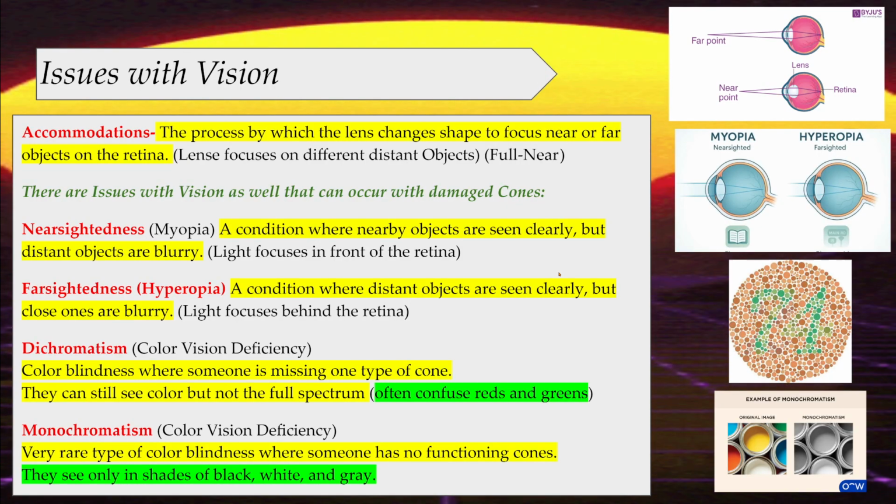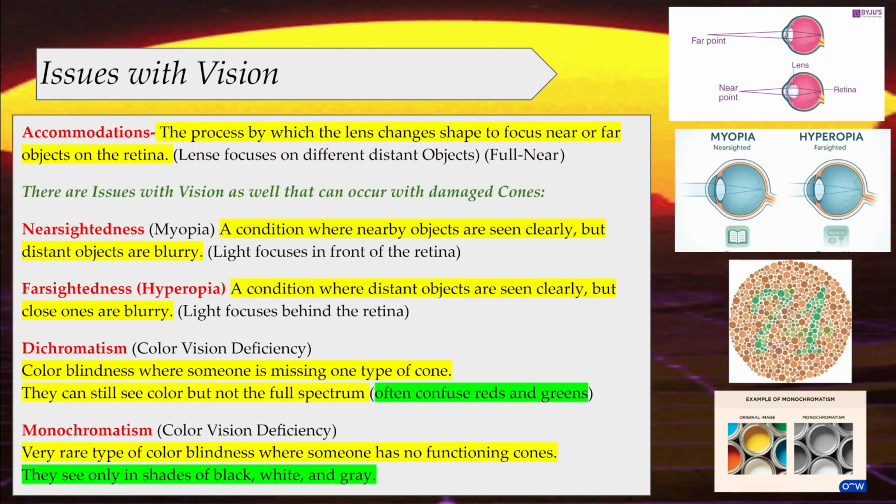All right, a few other issues when it comes to vision. One of them, before we get into the actual issues, is how our eye adjusts to things like looking far away or close, and that's called accommodation. Accommodation means that our lens, that kind of like contact part of the eye that looks like an almond, will change its shape whether we're looking far or close. If we're looking far away, for example, it looks to be this kind of smushed, skinny lens.